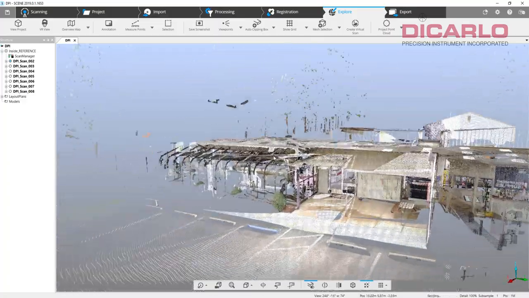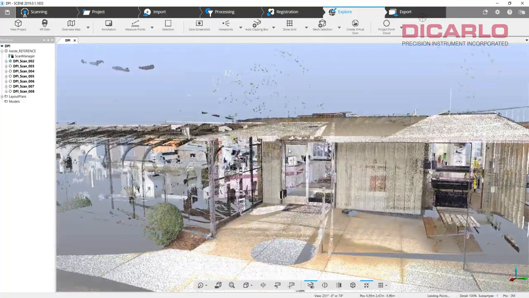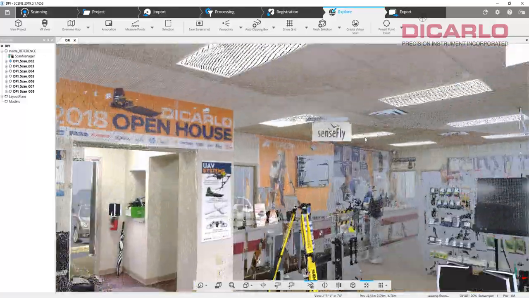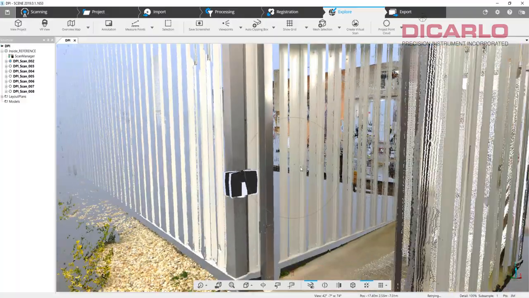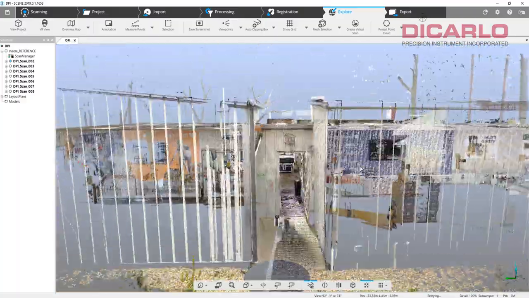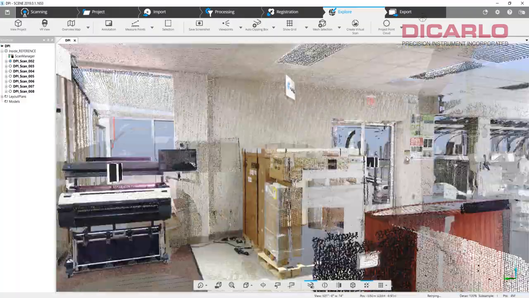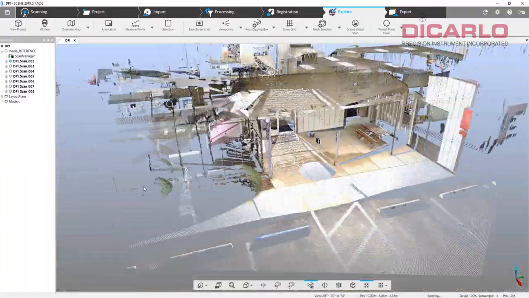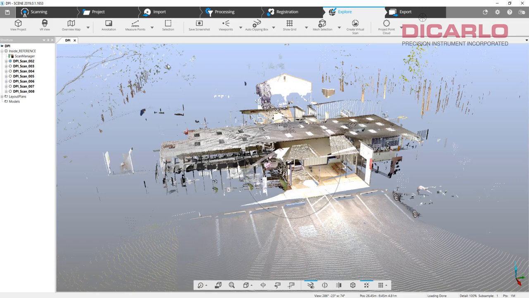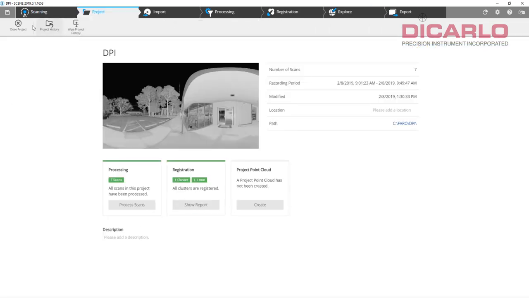The only scan that's outside is the one that's out here in front, the entrance, and then there's a scan that's in the back here, and you see that there's once again just information inside with a dropped ceiling over here,